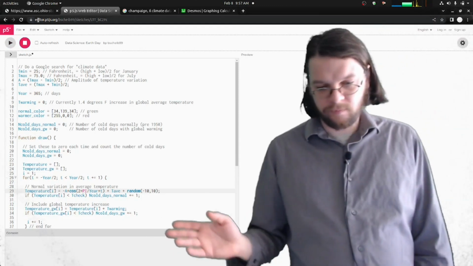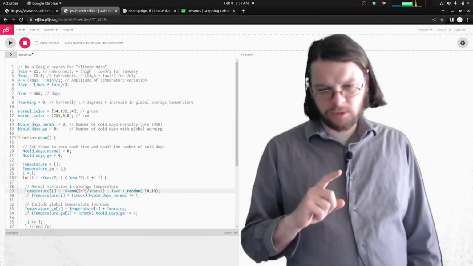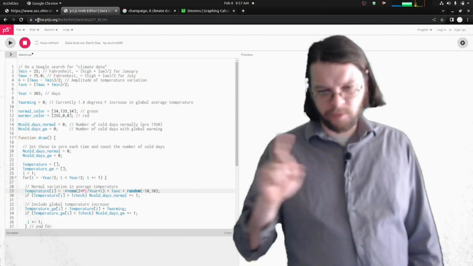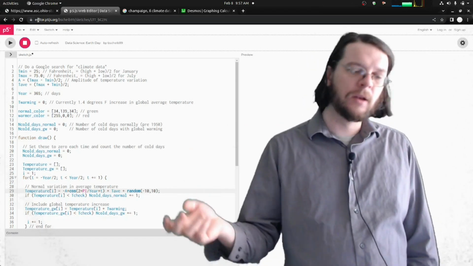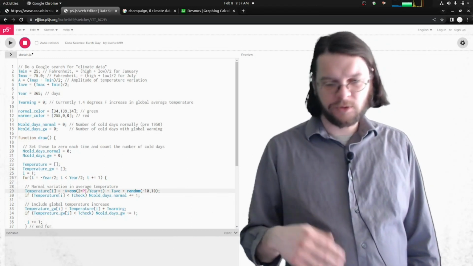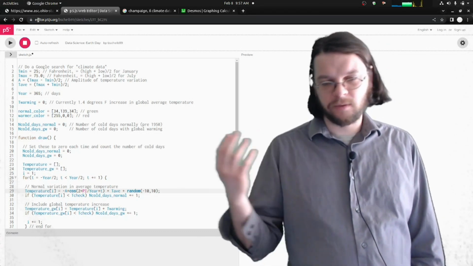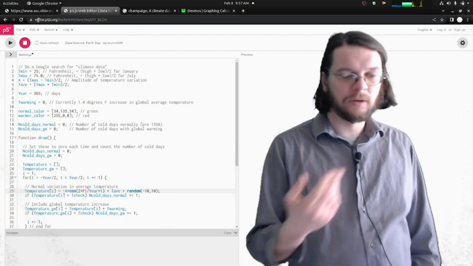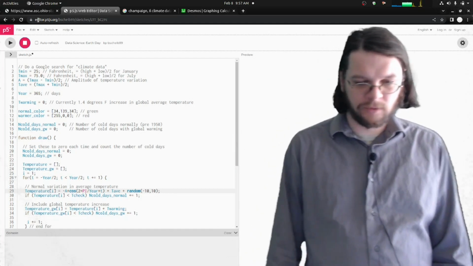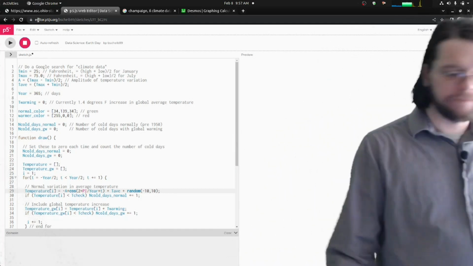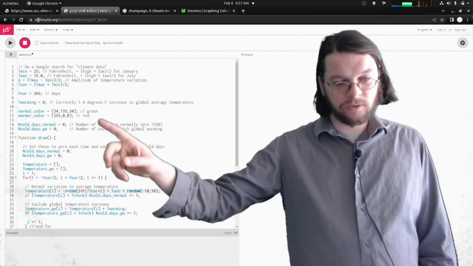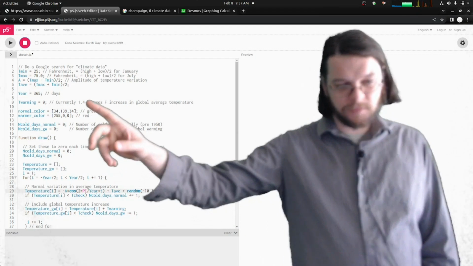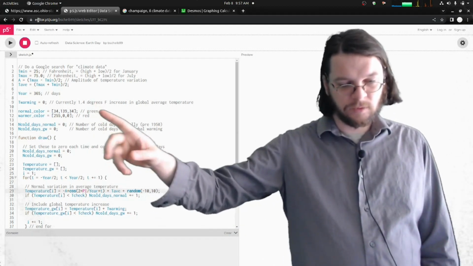So I'm going to go on to the next one, but another part of this activity is downloading this data to a CSV file, analyzing it in a spreadsheet. You can find the hottest day of the year, the coldest day of the year. You can do sorts and that sort of thing. So there's a lot to dive into.